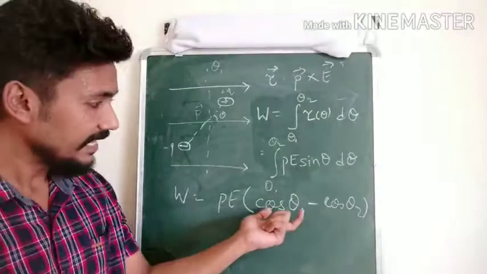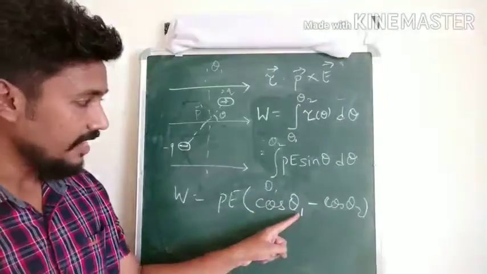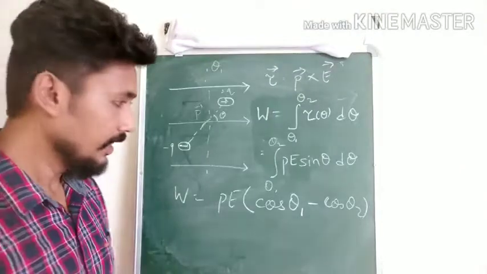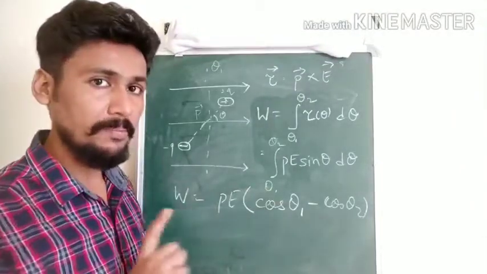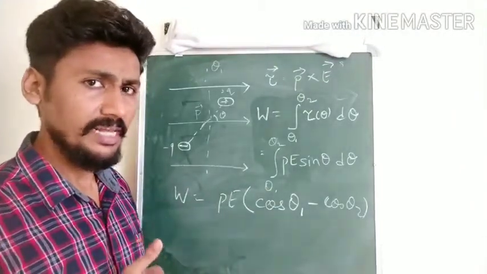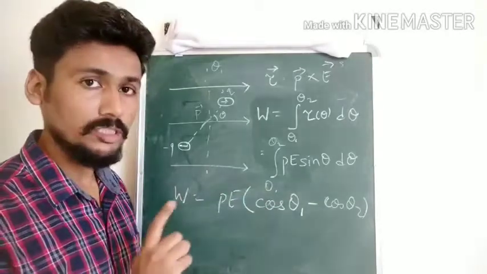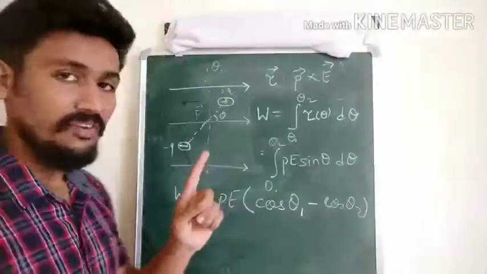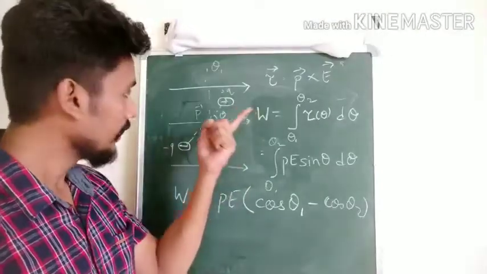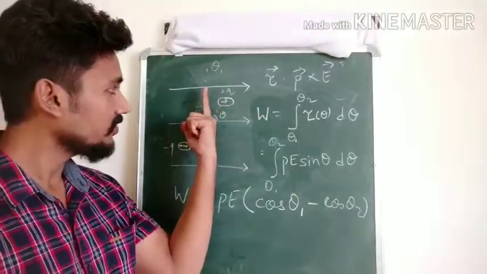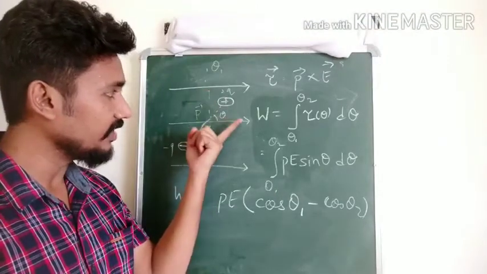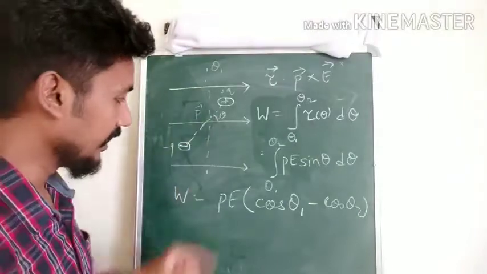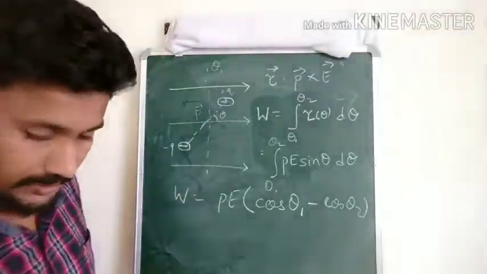Okay, and then we can put some arbitrary values for these theta 1 and theta 2. For example, we can take theta 1 as pi by 2. Why do we take pi by 2? Because cos of pi by 2 is 0. Correct? Cos of 90 is 0. So if we assume that our dipole was earlier making an angle of 90 degrees with the electric field, if it was perpendicular to the electric field, what we get is